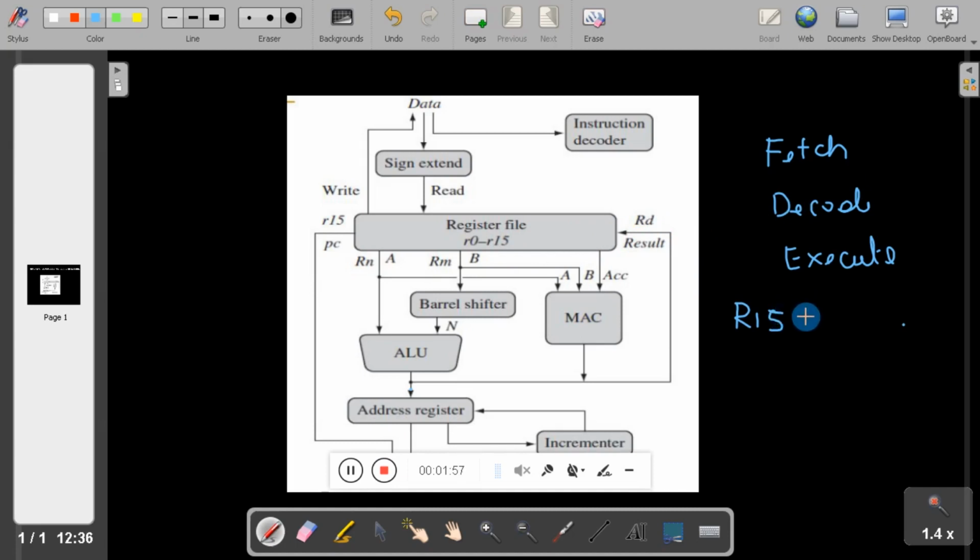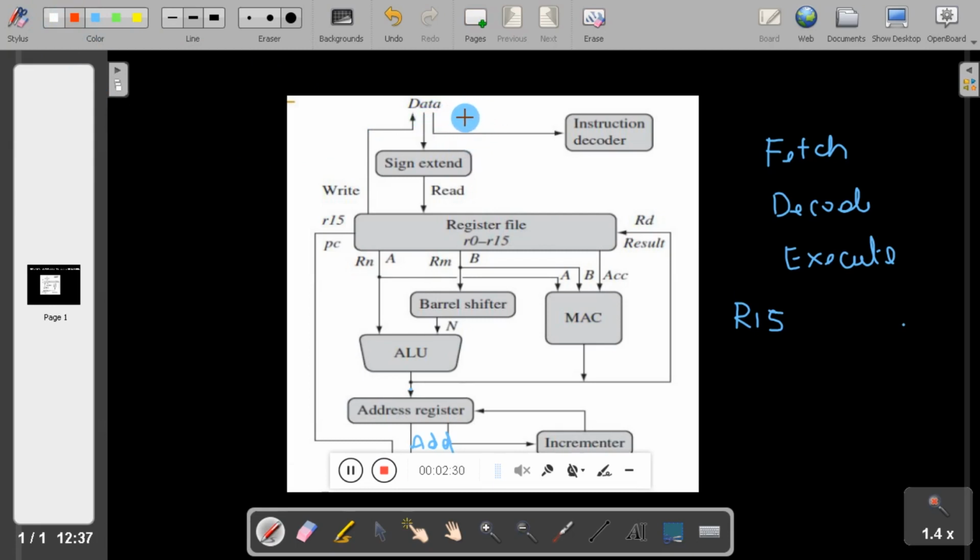That address is placed on the address bus, the address is decoded, and the instruction from that location will be moved to the processor through the data bus. Here you can see the instruction will be moved to the processor through the data bus.